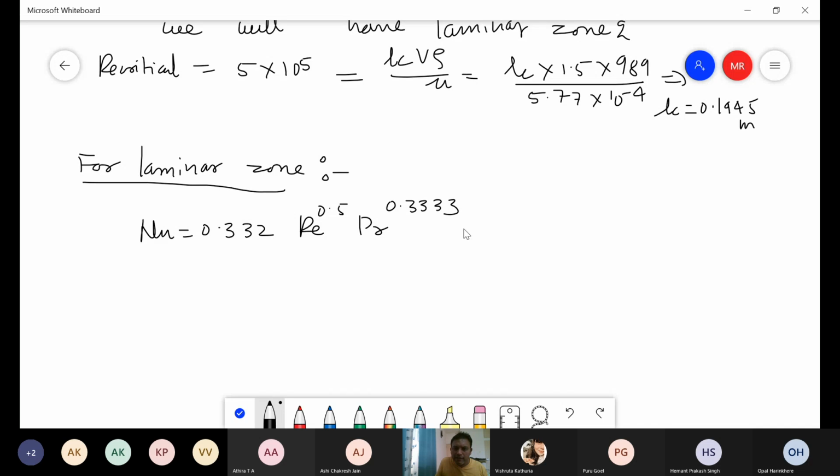So this we can write in terms of the actual variables, so that becomes h' x by k. h' is nothing but the local heat transfer coefficient in the laminar zone, and that is given as